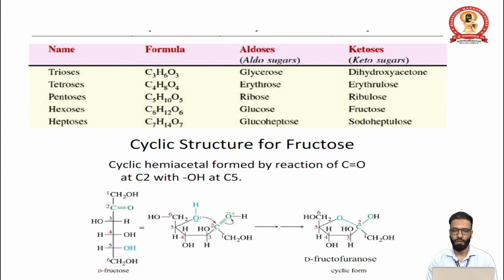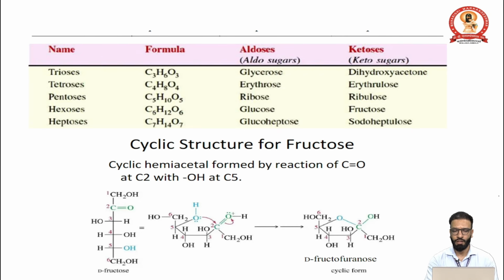Then these are some examples of trioses and tetroses. In triose, we can have both an aldo sugar and a keto sugar. Glycerose is an aldose, a triose, and it has an aldehyde group, so it comes under the aldoses. Similarly, erythrose, ribose, and glucose, which is a hexose. When carbohydrates break down during glycolysis, they break into glucose, which gives us energy, right? Glucose has the formula C6H12O6, and it comes under the hexose category.